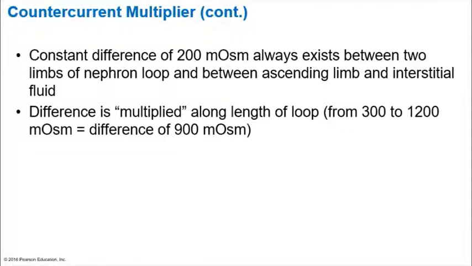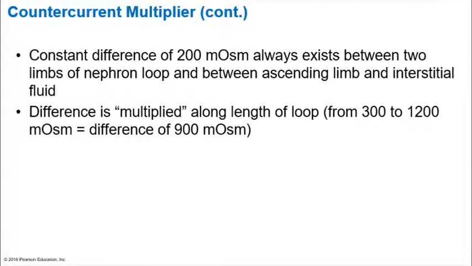It reinforces itself. So closer to the cortex, closer to where the descending limb begins, which is in the cortex area, it's going to be more dilute. That's why the cortex has about 300 milliosmoles as that somewhat concentration. While closer to where the ascending limb begins, which is closer to the medulla side, that's where you're kicking out all the salt, that's going to be more concentrated. That's why the medulla's osmolality is about 1,200 milliosmoles. This is how you establish that